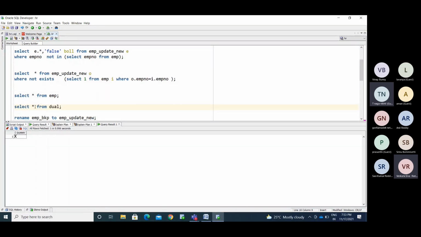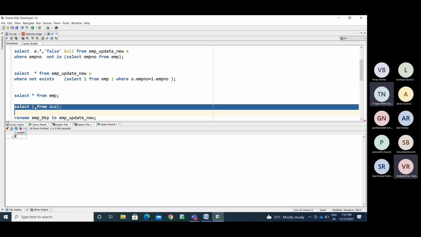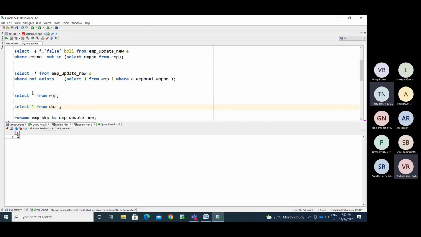SELECT 1 FROM DUAL. I am getting 1. If I use SELECT 1 FROM EMP, I am getting 1 like 14 times. So instead of all columns, it displays 1, 1, 1, 1 for each and every record, 14 times. If the table has 100 records, it displays 1 like 100 times.